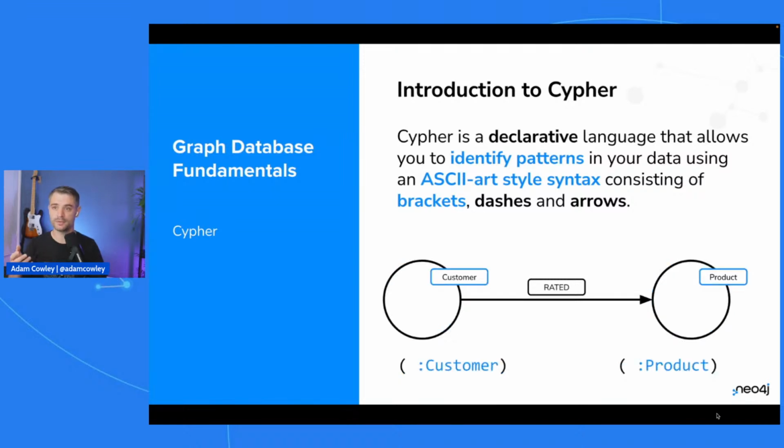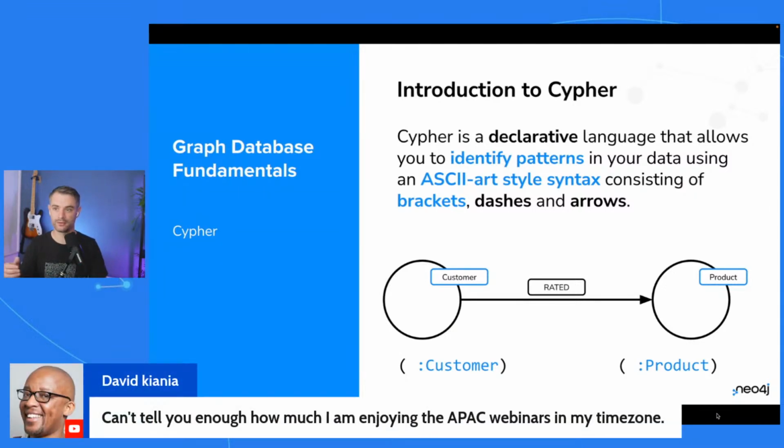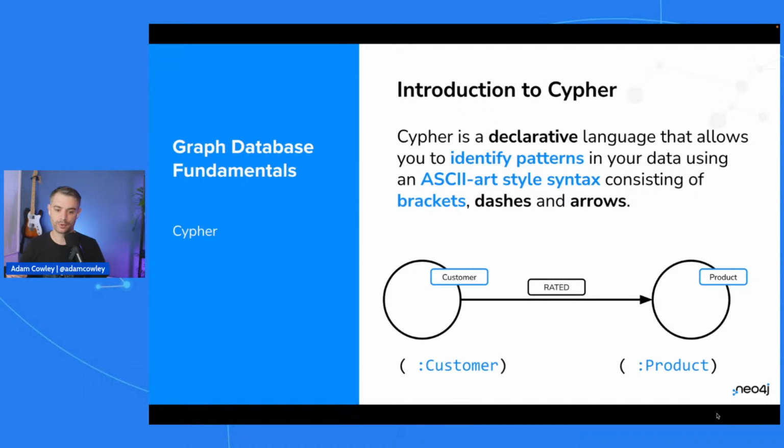And then we can use a colon to define the label or labels for these nodes. In this case, on the left-hand side, we have a customer. On the right-hand side, we have a product. Now we use dashes to draw a relationship between two nodes. Right now, this is a valid Cypher pattern, but it doesn't really tell us too much. So what we can do is draw an arrow using greater than or less than, or angled brackets. And then we can draw a box around our relationship